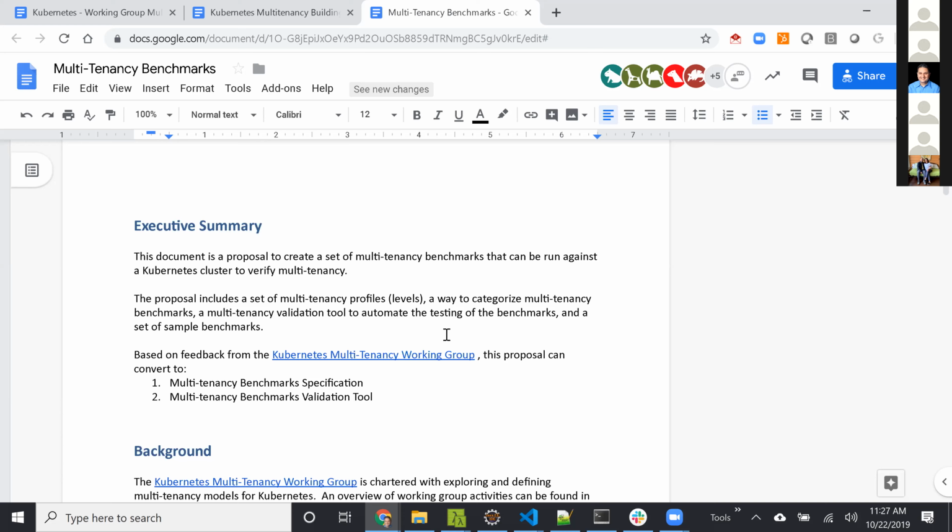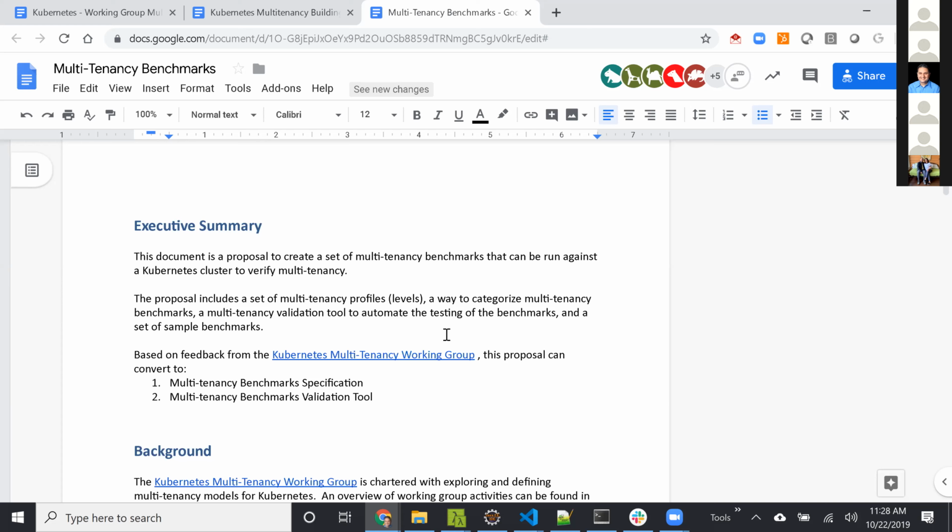That was the high-level thought process that led to this. As we dug in a little deeper, it seemed like what would be of value is creating a set of standards or best practices, outlining what needs to be achieved, and then creating a test tool which could be run on a cluster, given some simple configuration, to validate if the cluster is set up to meet different levels of multi-tenancy. This is a proposal document.